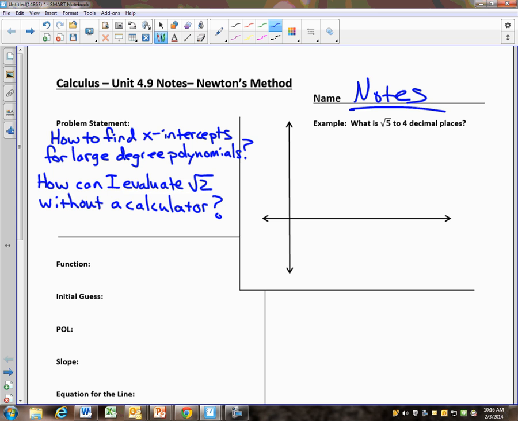Newton's method, it's really cool how he does this. But you got to remember, so you're Isaac Newton. You're sitting back in the year